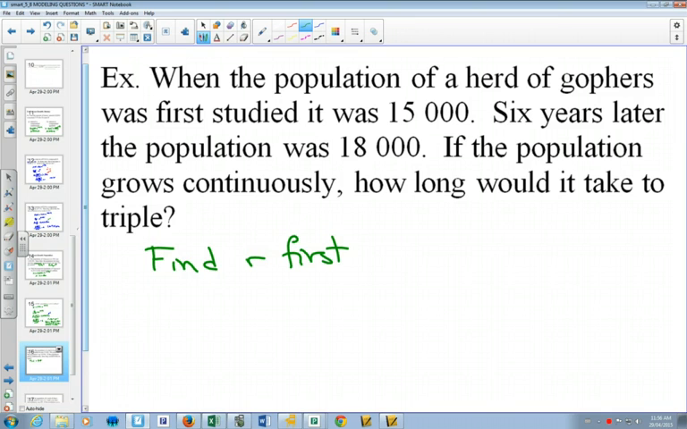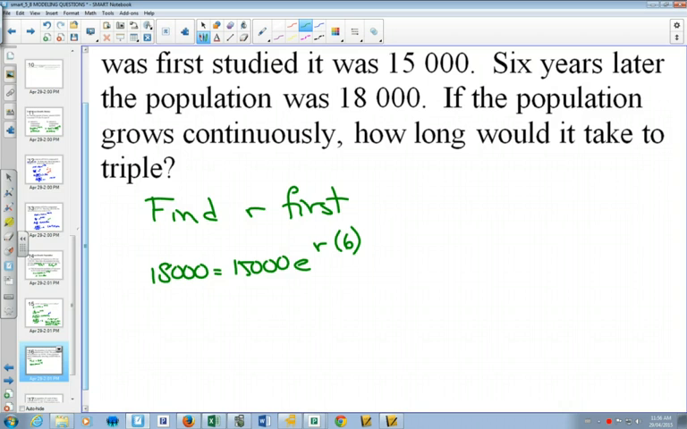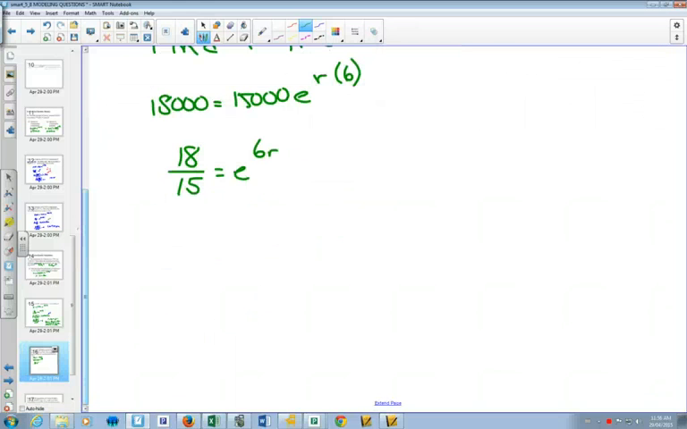And there is enough information in this question for us to solve for the rate, because we know that it started at 15,000, it went to 18,000, and that took 6 years. So if we write that statement out, we don't know the rate, but that took 6 years. If we divide both sides by the 15,000, and then take the natural log of both sides,